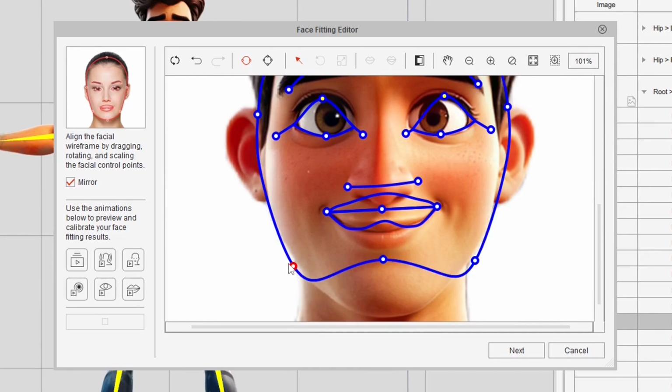And with these points that go around the chin, best to have them just outside the lines rather than on the lines. Otherwise the character will get a bit of a chin strap image and we don't want that. Once you've got things sort of roughly in place,